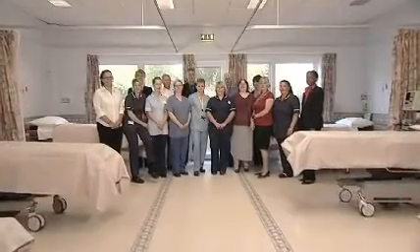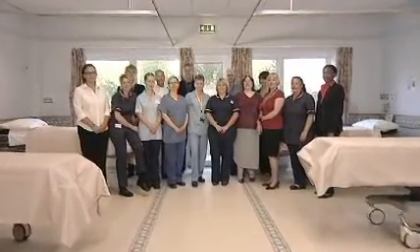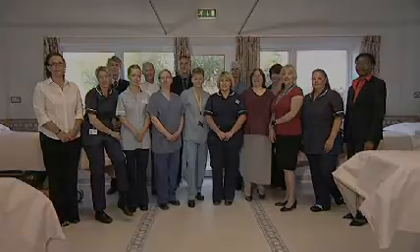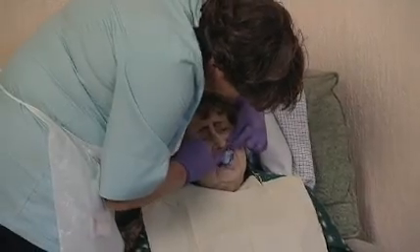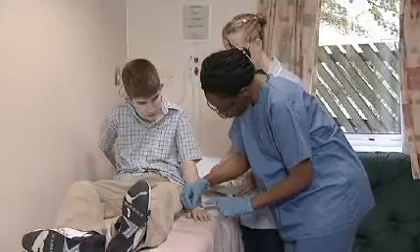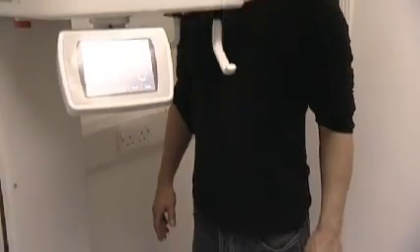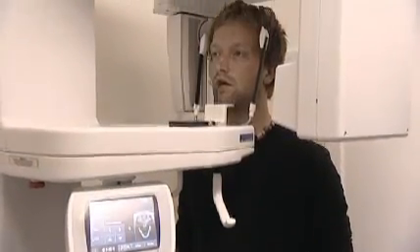The community dental service has been established for well over 100 years in one form or another, originally to treat children with poor oral health. Over the years, the community dental service has changed, and its remit now is to treat patients with special care. So that's patients who have physical, emotional or mental disability. It also provides a safety net service for patients who are unable to access NHS dentistry because of lack of